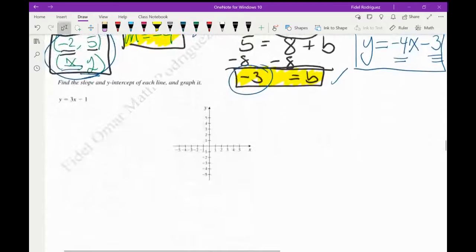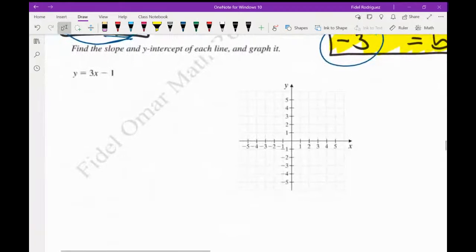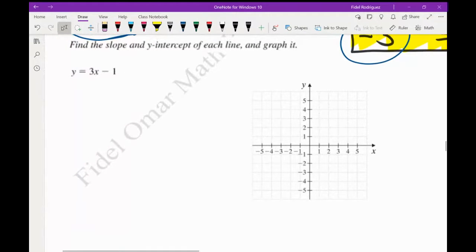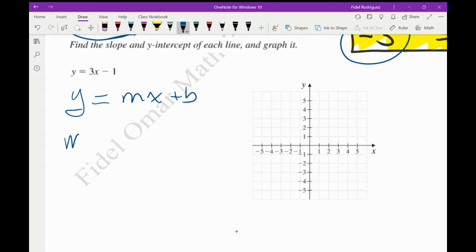All right. So let me zoom in a little bit here so you can see that a little bit better. And again, we did some of this last week when we did some of the linear stuff. So it says find the slope and the y-intercept of each line, and then let's go ahead and graph it. So remember what we're doing here. We're coming back to y equals mx plus b, right? And if you remember, m is our slope, which we called